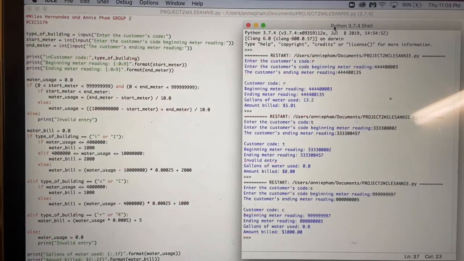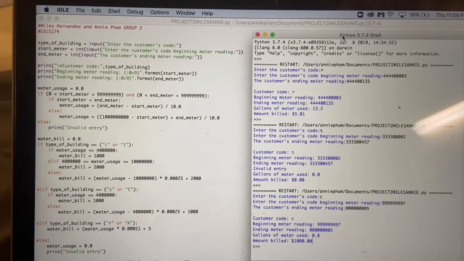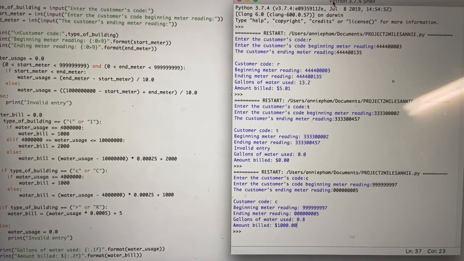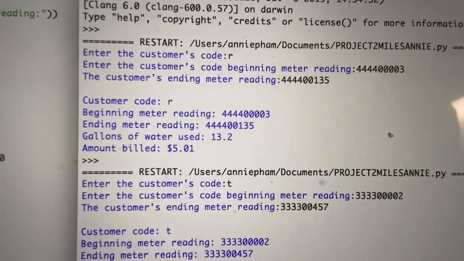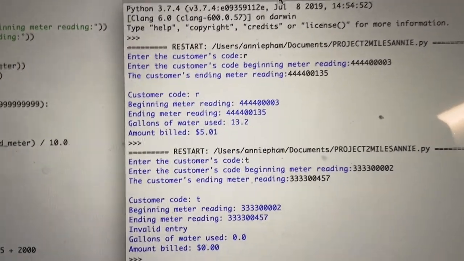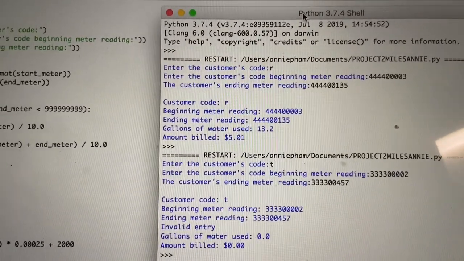So, yeah. Hi guys, displayed on the screen is the program that we conducted for Project 2, and on the side right here we have 3 sample runs that we chose to do. To start off, we chose to follow the rubric that we were given in class. We were prompted to enter a customer's code, so we chose R, and then